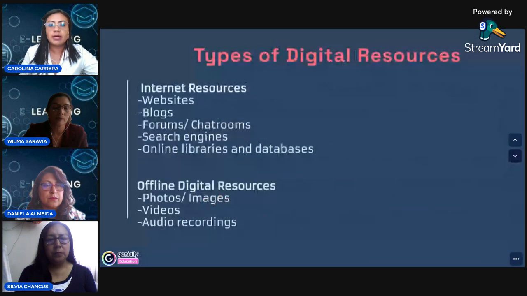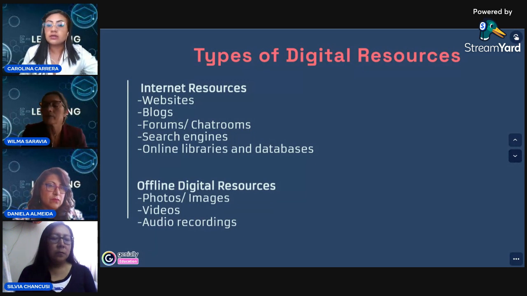Okay, now let's talk about types of digital resources. We have two kinds of digital resources. Internet resources, obviously, which need an internet connection, and offline digital resources, which don't need an internet connection. Internet resources include websites, blogs, forums, chat rooms, search engines, online libraries, and databases. And we have offline digital resources, which don't need the internet, like photos or images, videos, and audio